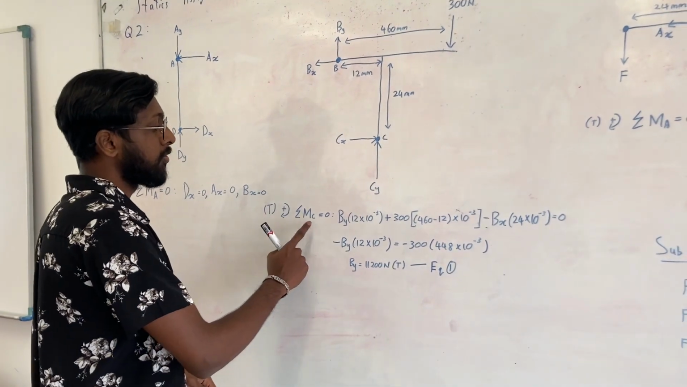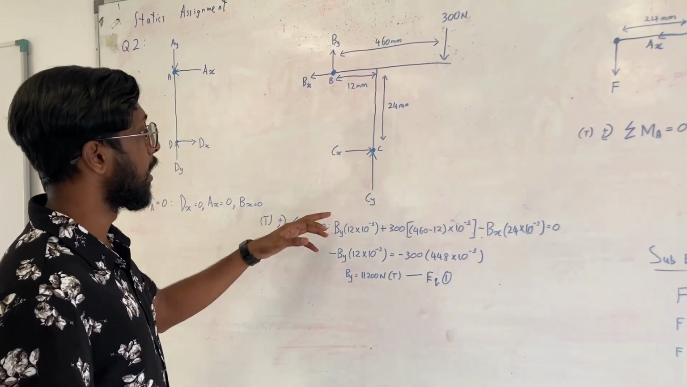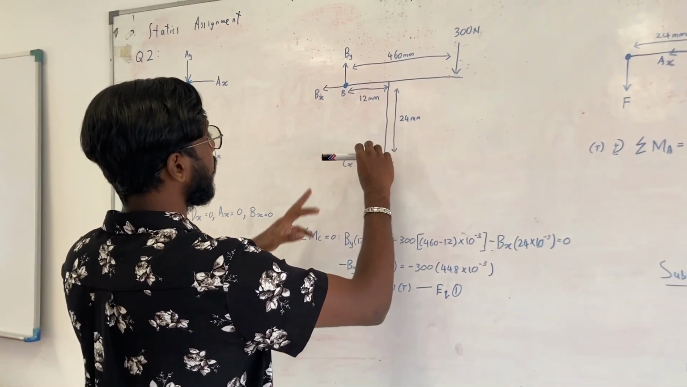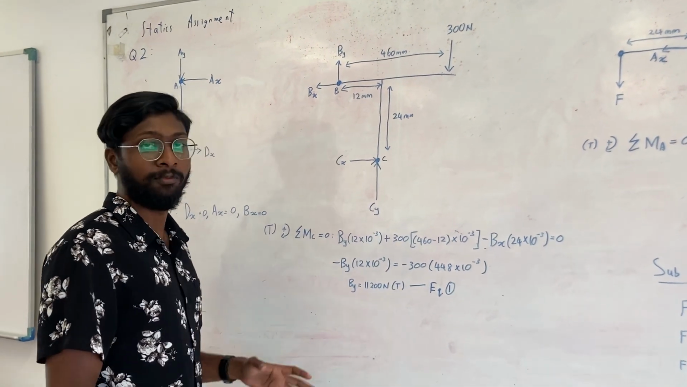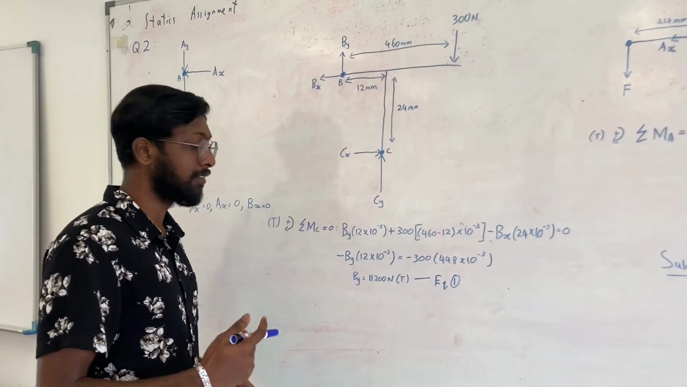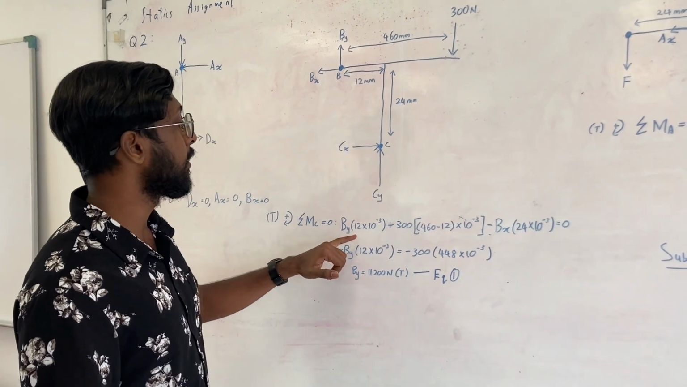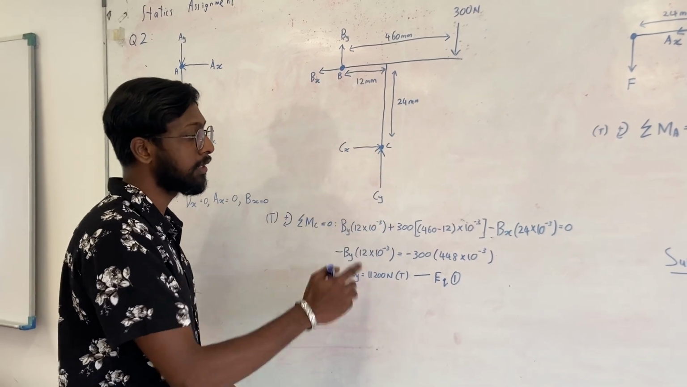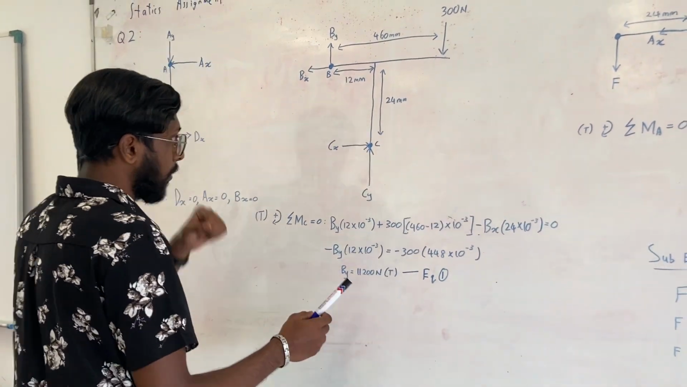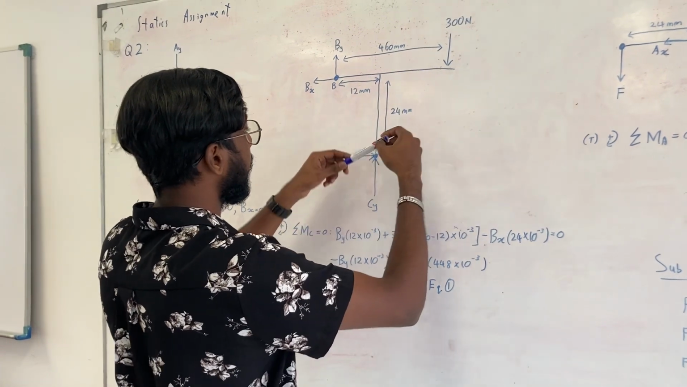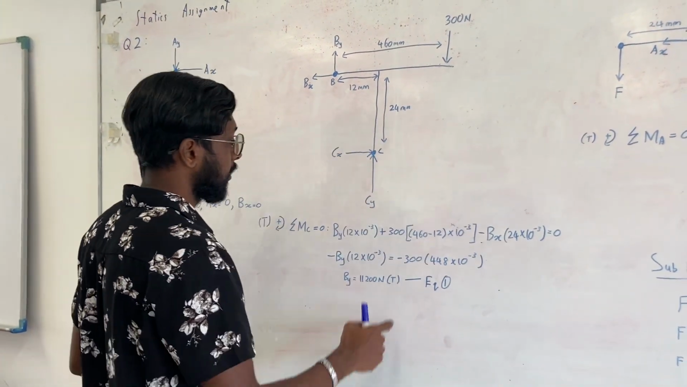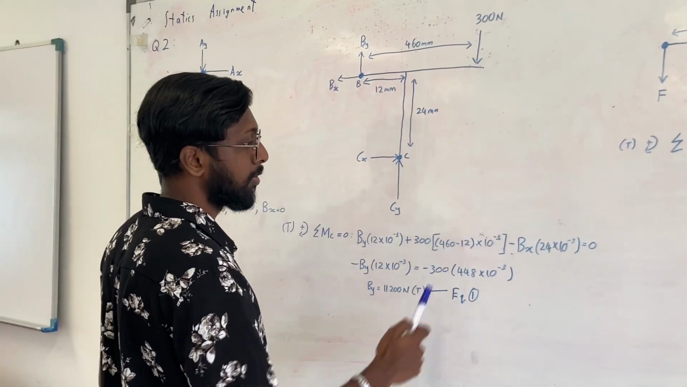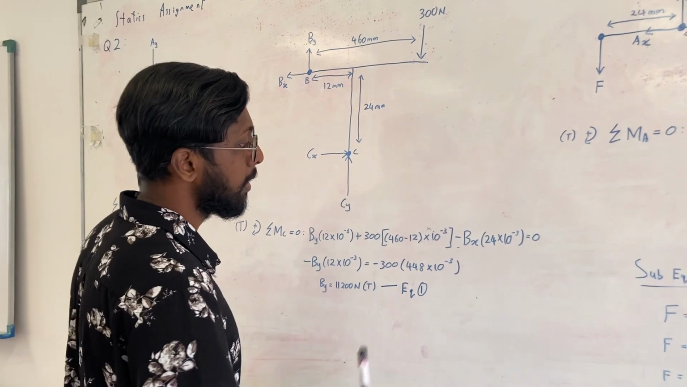Summation of moment about point C equals 0. Hence, at point C, we start off with By. By is here, so it will be pushing upwards, clockwise. The formula of moment is force times perpendicular distance. So positive By times 12 times 10 to the power of negative 3, converting millimeter into meter, plus 300, force 300 clockwise, times 460 minus 12 to get the distance, times 10 to the power of negative 3, conversion from millimeter to meter,